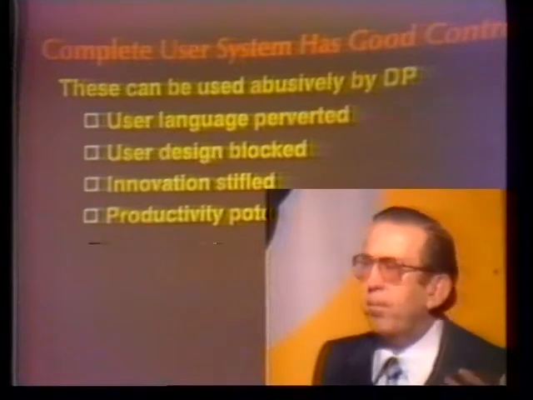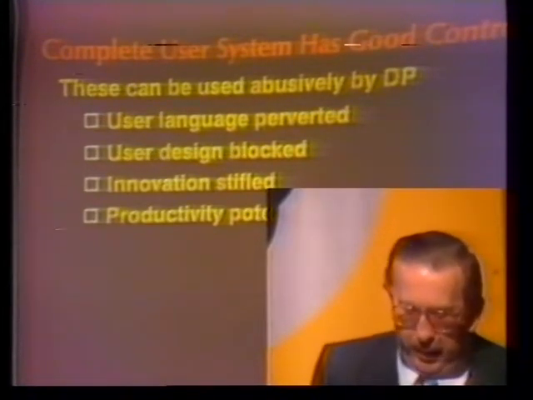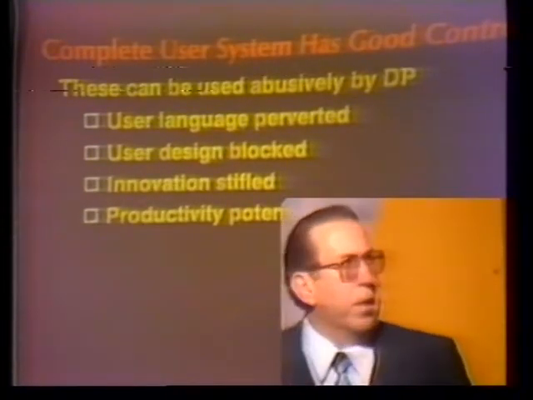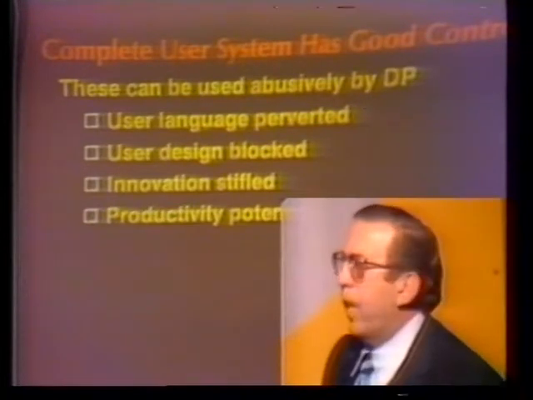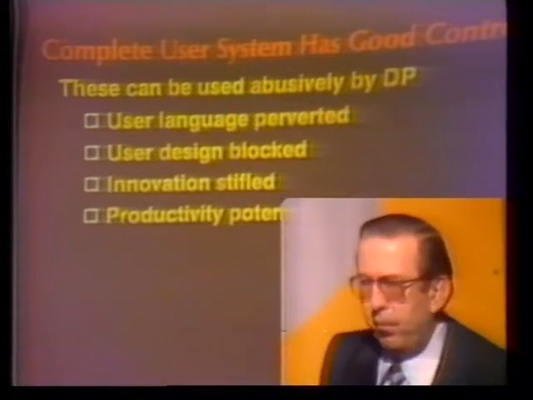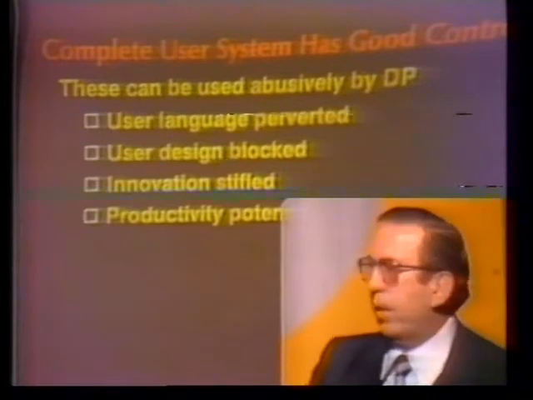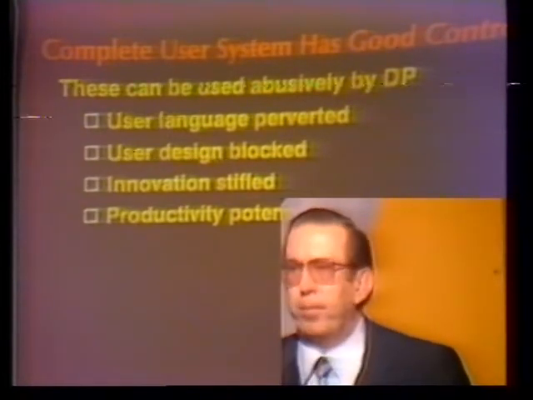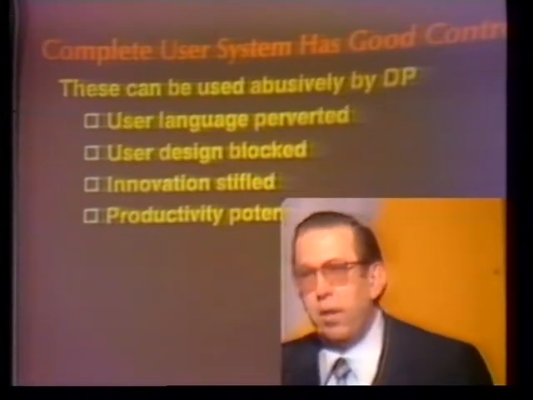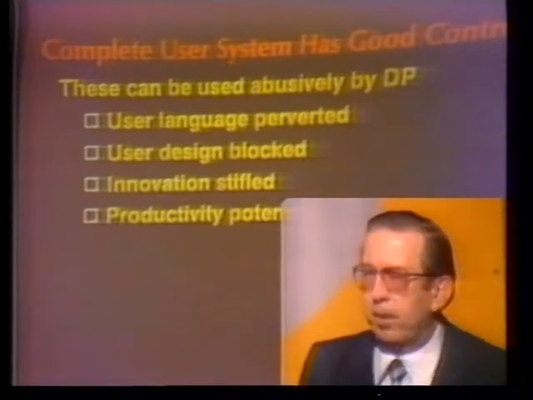Now a good system has good controls. We've had experience with marketing this system over some years now. There are over 1,000 systems like this out in the field, and we've seen a lot of variety of reactions from data processing when this type of a system is introduced. This system has an excellent set of controls. You can strangle a system down to one little service that's just dribbling out if you want. And in fact, I'm sorry to say that in the majority of the sites that have been sold, about 50% of the cases, DP is using Mapper to develop applications for the users.